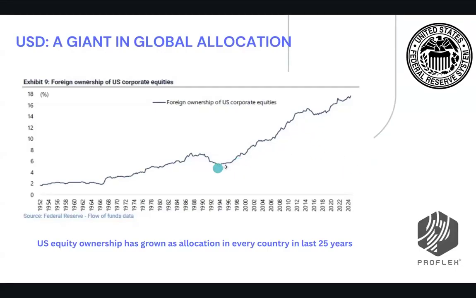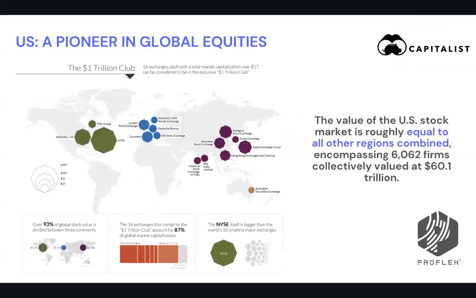Not only is more and more money flowing into US equity, and this is again why I always look at 100-year charts, because once you zoom in, you can get lost in the noise of what is happening in the last 6 months or last 1 year when people look at inflows or outflows.